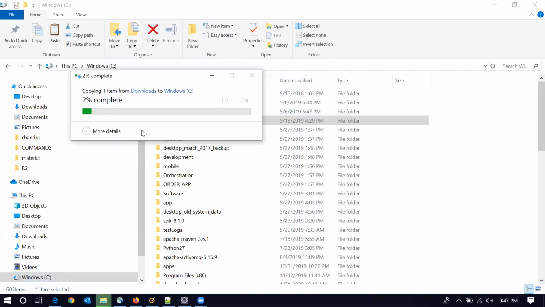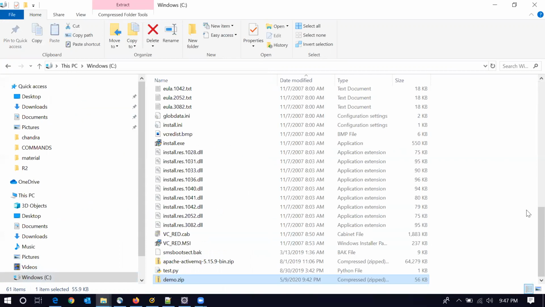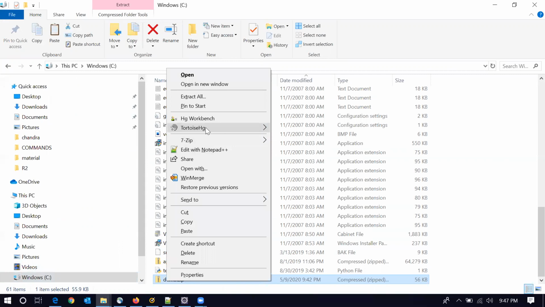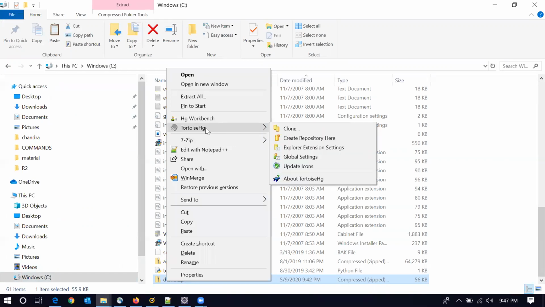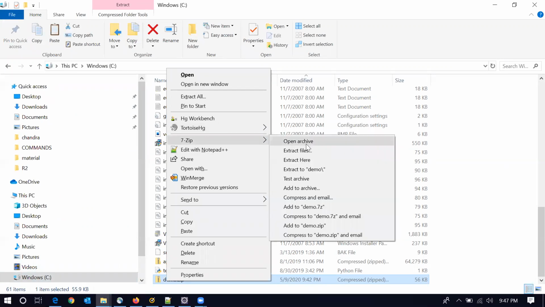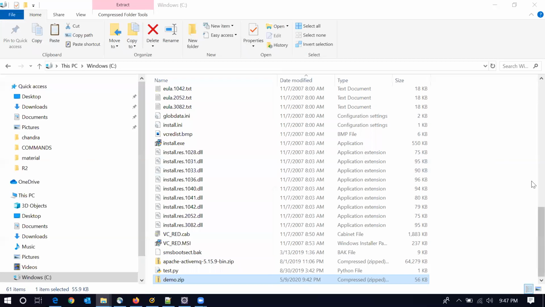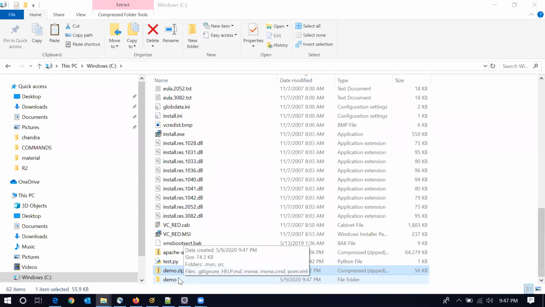I have copied the project into C drive. Now right click, because it is a zip file, we need to extract here. So automatically it will copy the demo folder.